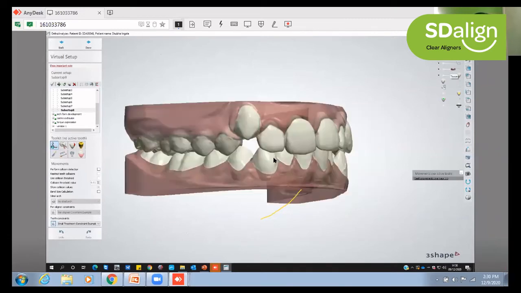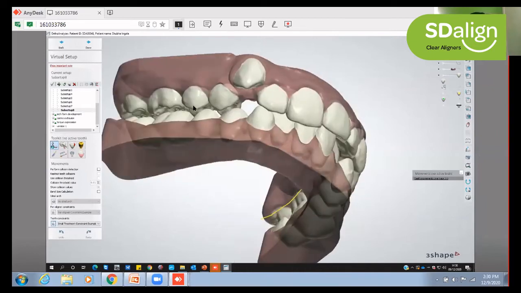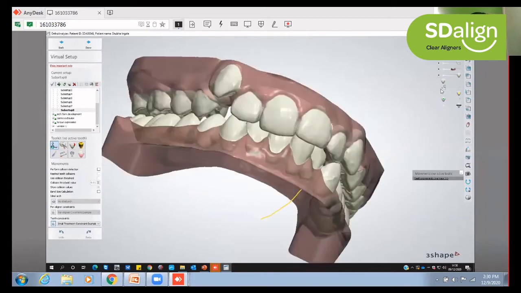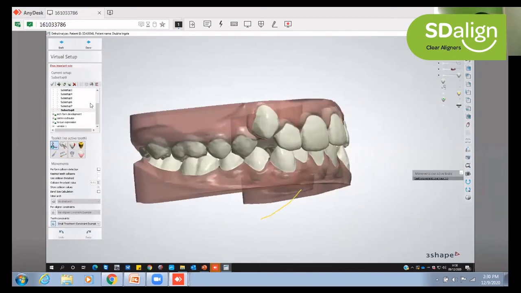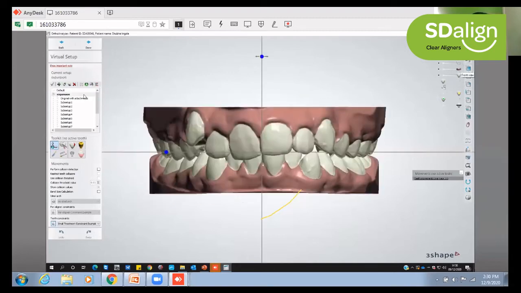And we have also kept in mind that the interdigitation should not be free or hanging at the end of expansion. So that helps us establish the posterior arch form at the end of stage 1. So I will now just play stage 1 so that you are able to see it clearly. So this is from the front with the gums, and now I'll just play.